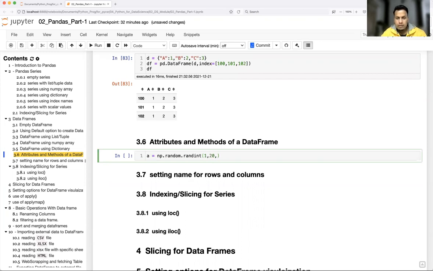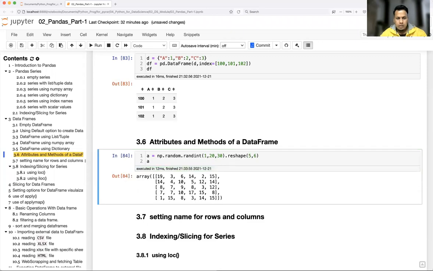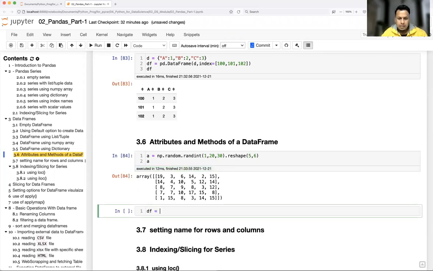I want to have 30 values. Reshape 5 by 6. Okay, let's create a data frame of this, pd dot DataFrame.